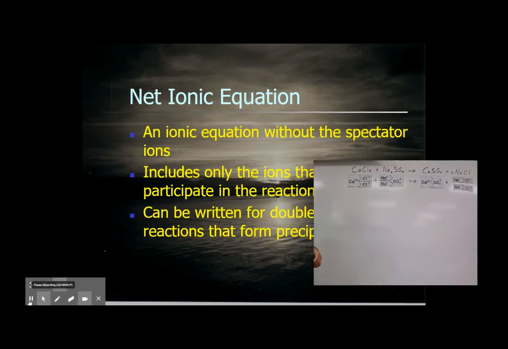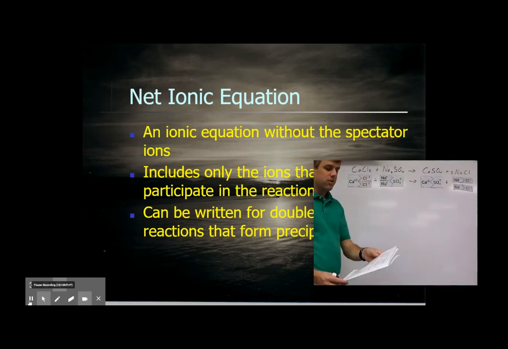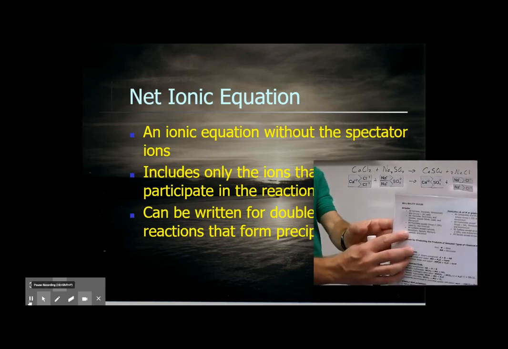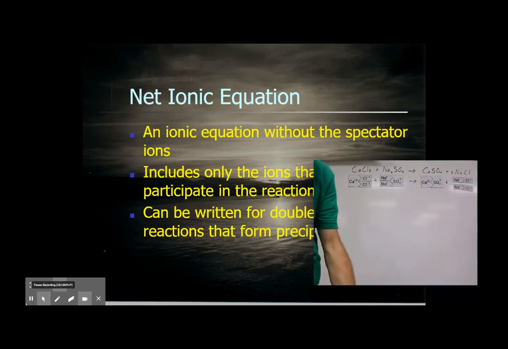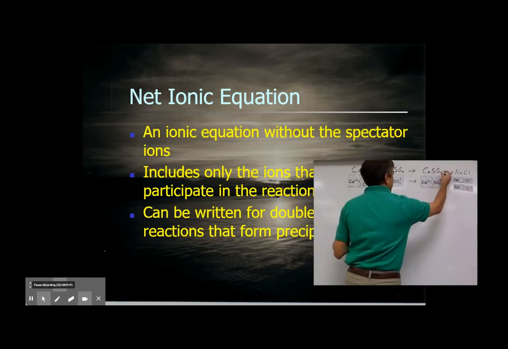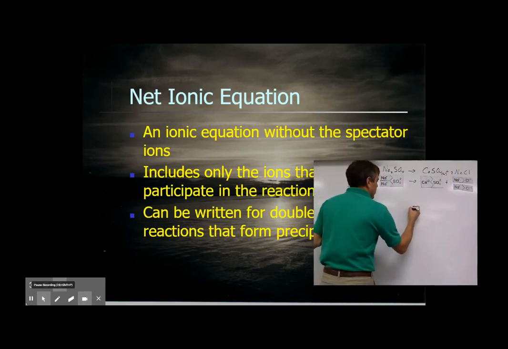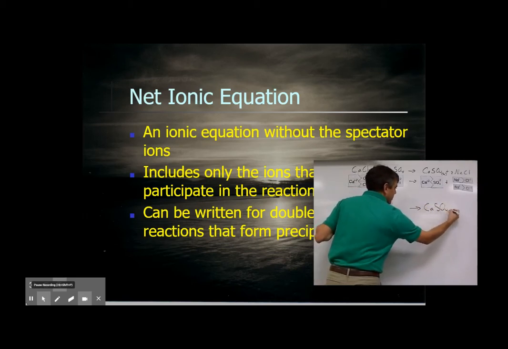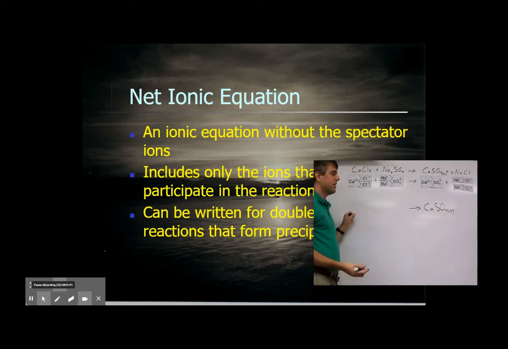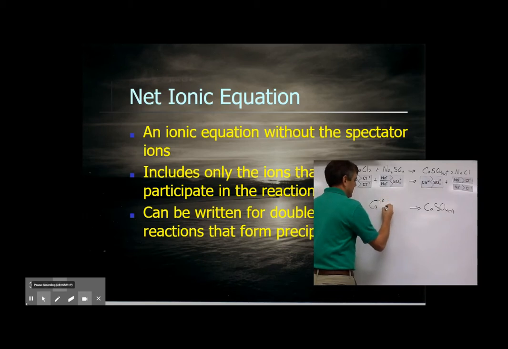All right. If we take a look at this reaction, we have calcium chloride plus sodium sulfate makes calcium sulfate plus sodium chloride. If we check our solubility rules, we'll see that all sulfates are soluble except calcium, strontium, barium, mercury, lead(II), and silver. So calcium sulfate is our precipitate. So to write a net ionic equation, on the product side, we're going to have calcium sulfate. And on the reactant side, we just break it apart into calcium ions and sulfate